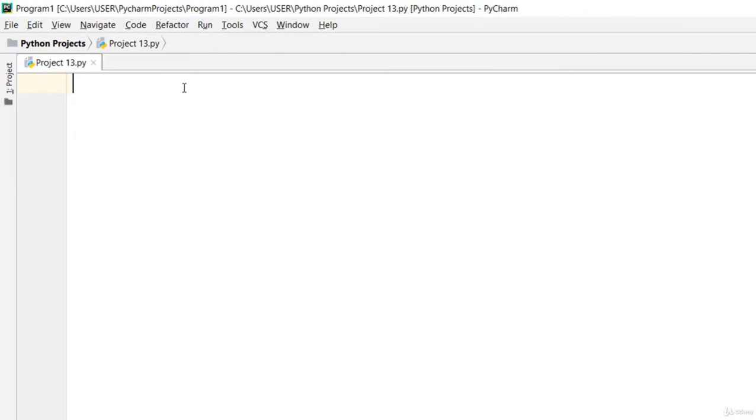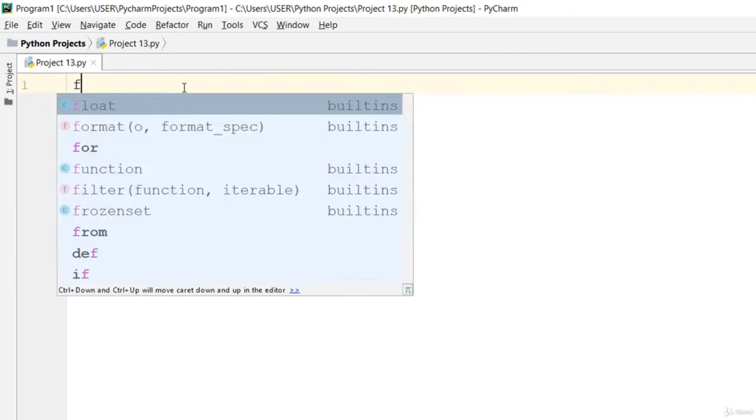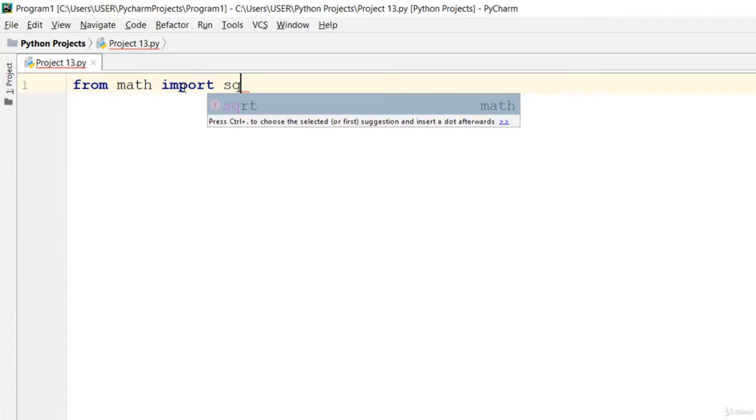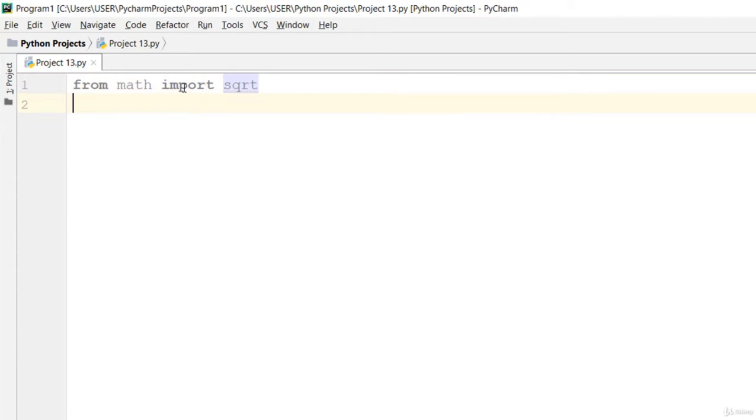Alright, so let's go ahead and kick off immediately by importing the math module. So I'm going to say from math import sqrt. So from math import sqrt, and then go ahead and initialize x, and I'm going to say x is float, and I'm going to tell the user to